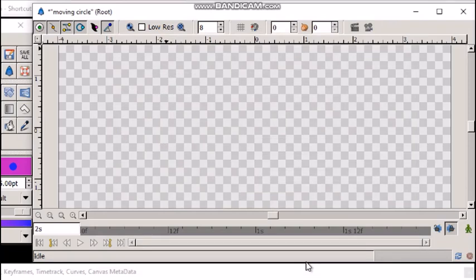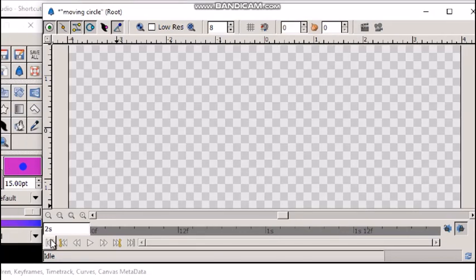This change we made from end time 5 seconds to 2 seconds can be seen as the file name has changed to moving circle, and the timeline is now showing 2 seconds long. See, if I click here, it shows 2 seconds.